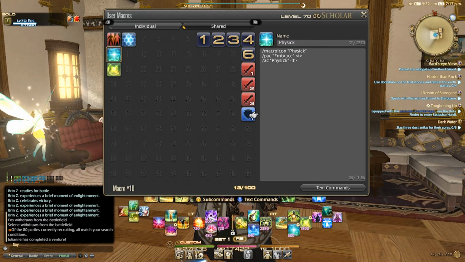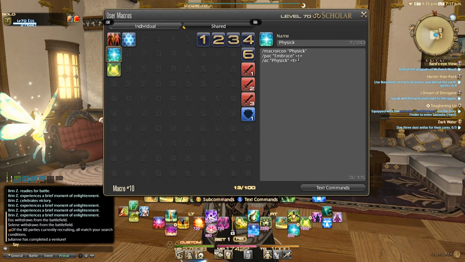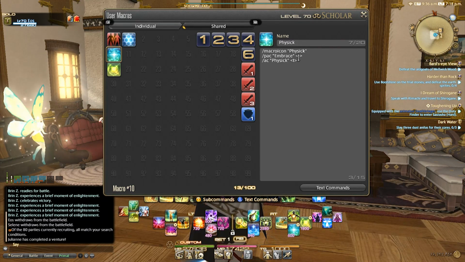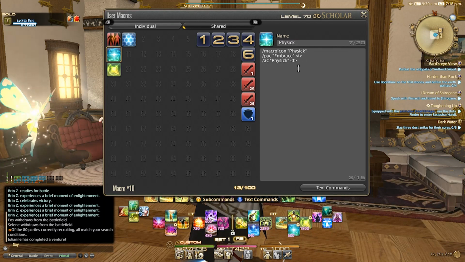Now these are new macros that I wasn't using in Heavensward, but I have been using in Stormblood. You can replace the T for Embrace to MO if you want to use mouse over targeting, like if you're on the PlayStation and you want to take that extra time, or you can even add extra lines. This is ordering my fairy to cast Embrace on my target that I'm also casting Physic on. Same thing for Eloquium, Embrace and Eloquium. So that way you constantly have the extra cures going out.